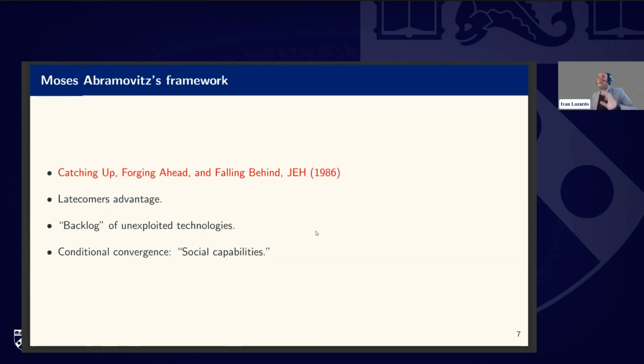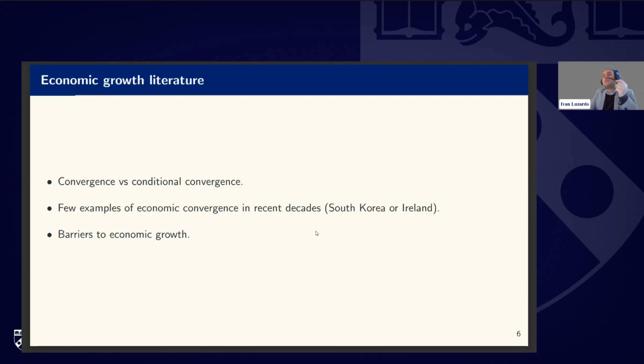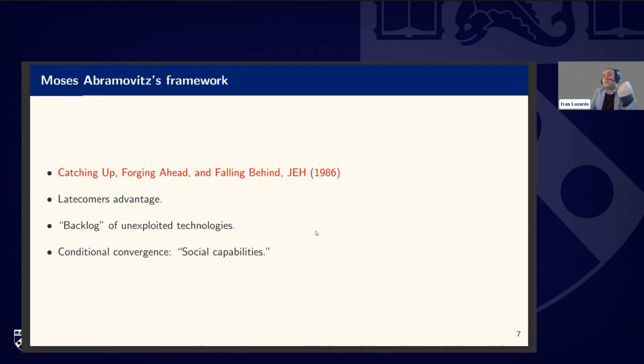So, in a more theoretical way, trying to think about the reasons or the constraints to economic growth. We have this very influential article by Abramovitz, published in the Journal of Economic History in the 80s, in which he basically tried to understand the reasons behind catching up, behind convergence, why some countries moved ahead from a consolidated industrial leader,